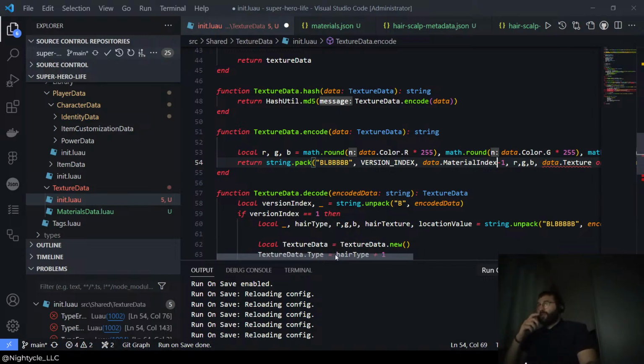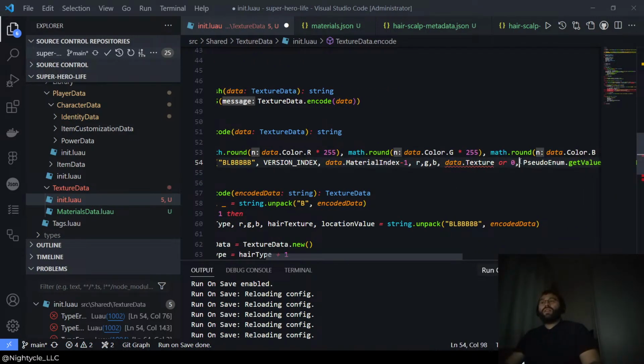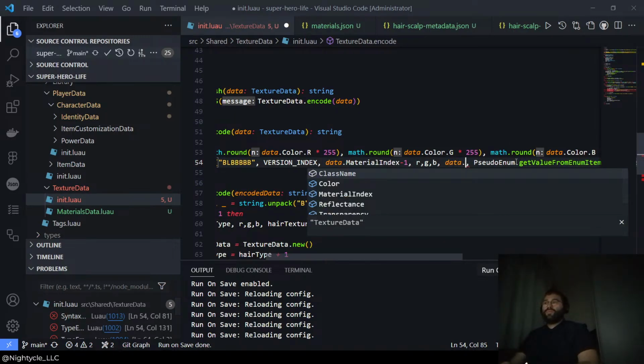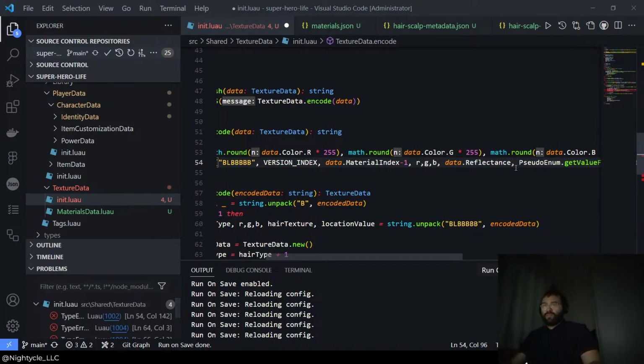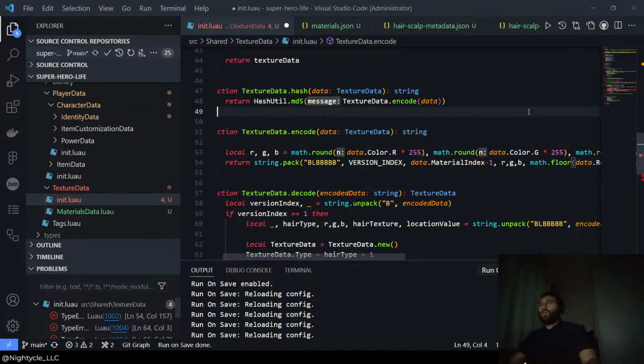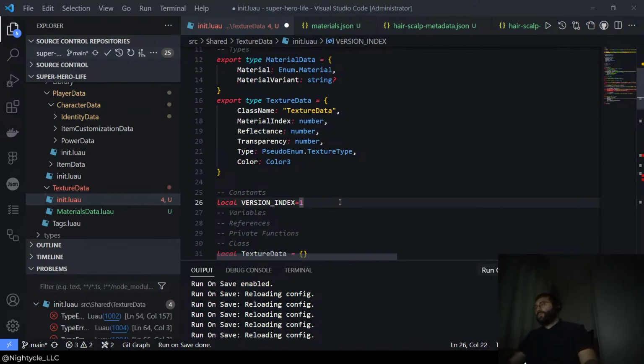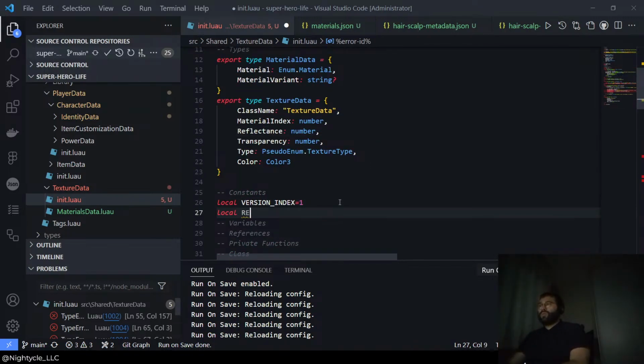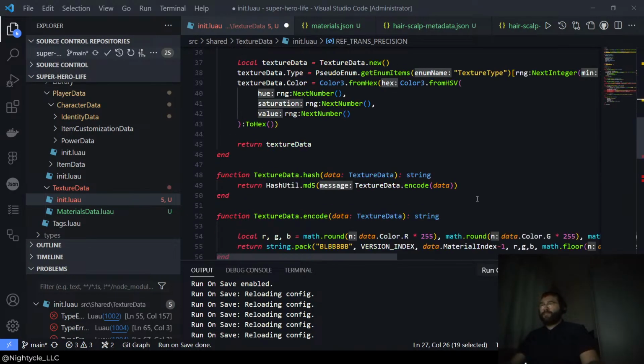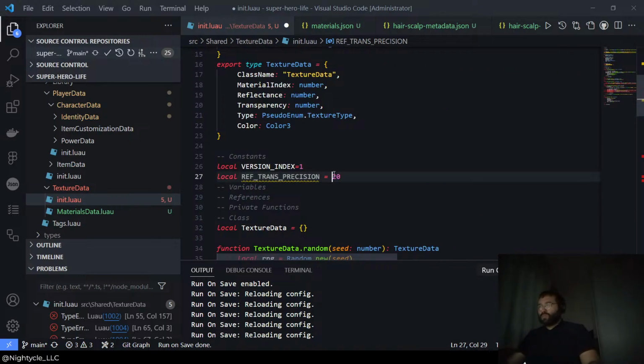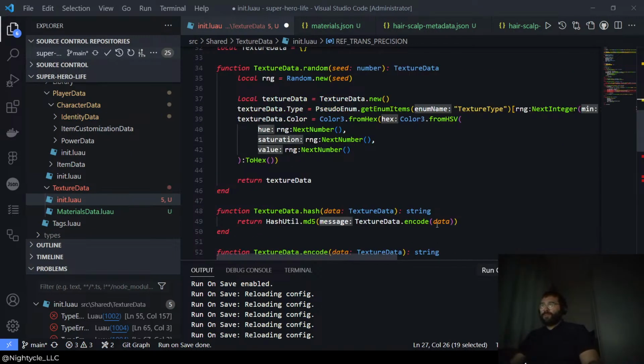So RGB, and then data.texture, data.math.floor data. How about local ref trans precision equals 20? Okay, so